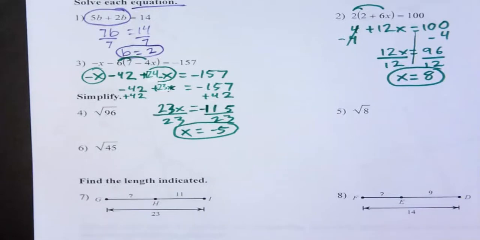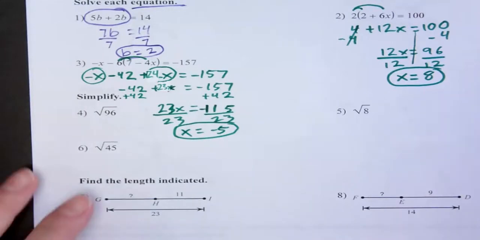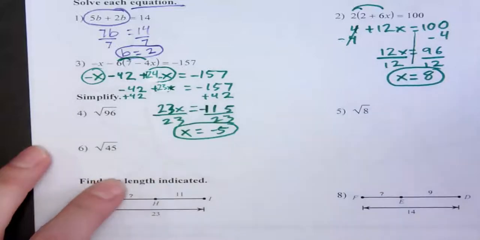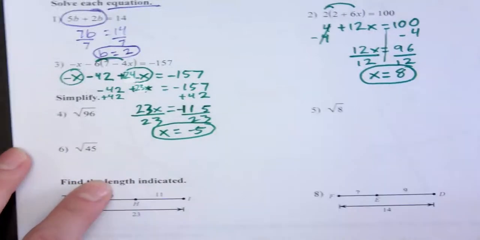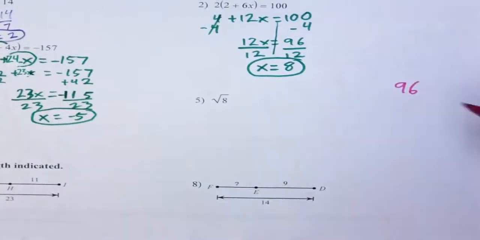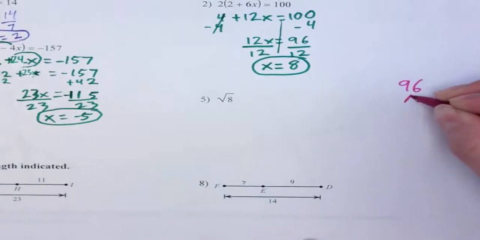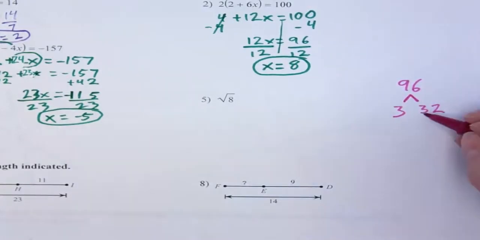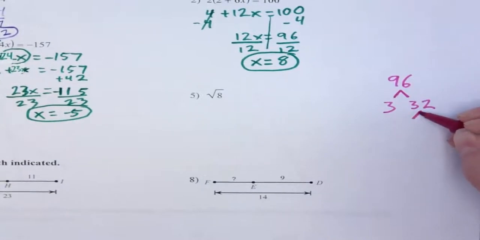Next we have simplifying. And so to simplify, we're going to draw out our factor trees. There's not a lot of space here, so I'm going to draw out my 96 factor tree over on the side. So 96 divides by 3. I know those both divide by 3, so that becomes 3 and 32. 32, I know, divides by 2